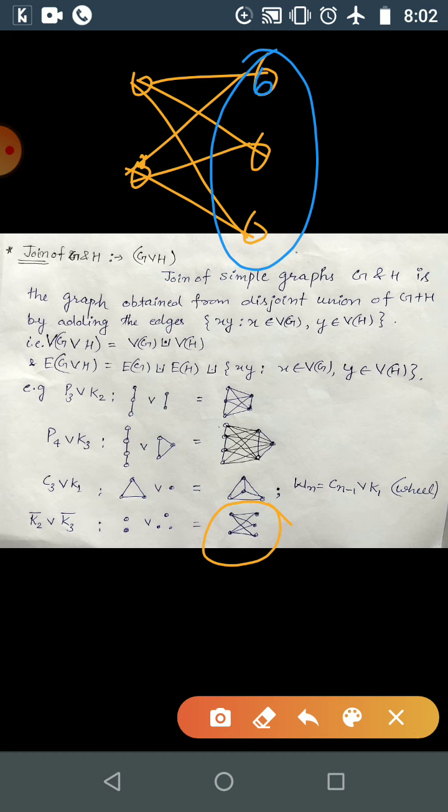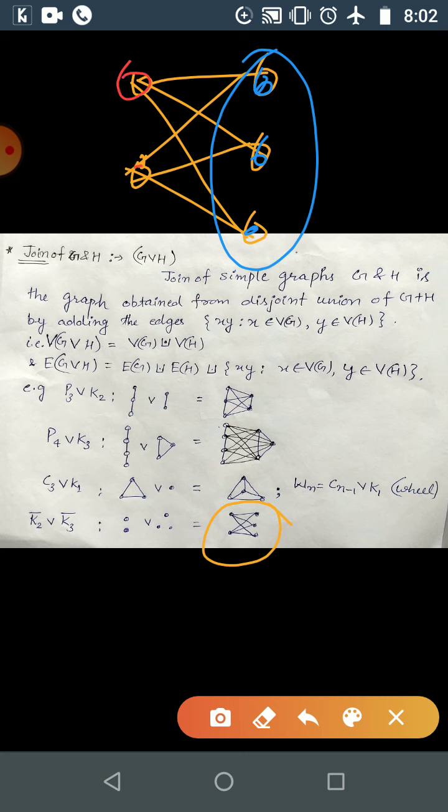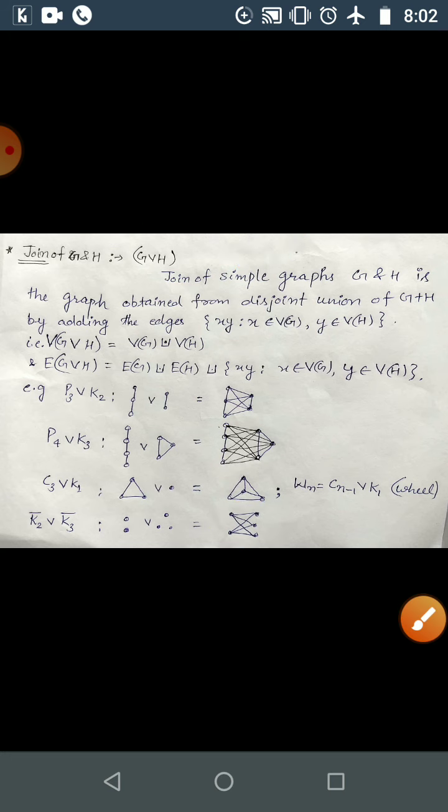So you can use the same color to color all the vertices of one partite set and some other color to color the vertices of the other partite set, correct. So this is done. This is 1 plus 1, giving you 2, so the chromatic number is also 2 here, so that we have done. I hope you liked it.